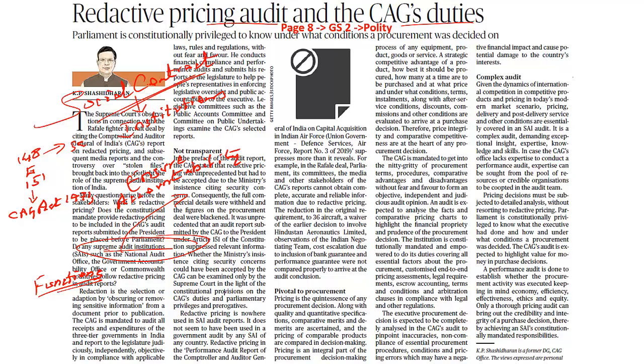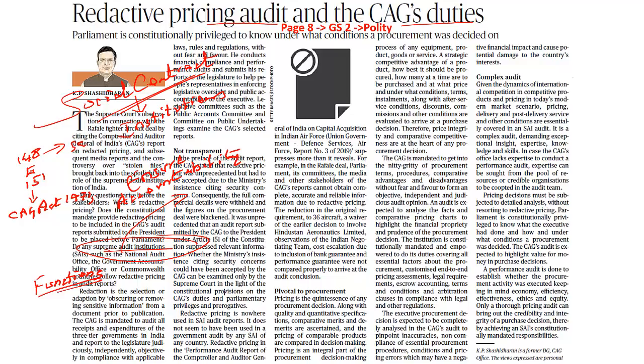where according to this particular act, the CAG will have all the duties and powers to look into the accounts, receipts, as well as expenditure for three tiers of the government, whether it is the central government, the state government, and even the urban and the rural local bodies. So according to the powers mandated under the CAG Act of 1971, they would be able to see whether the government is implementing the scheme according to the financial rules established in three tiers.